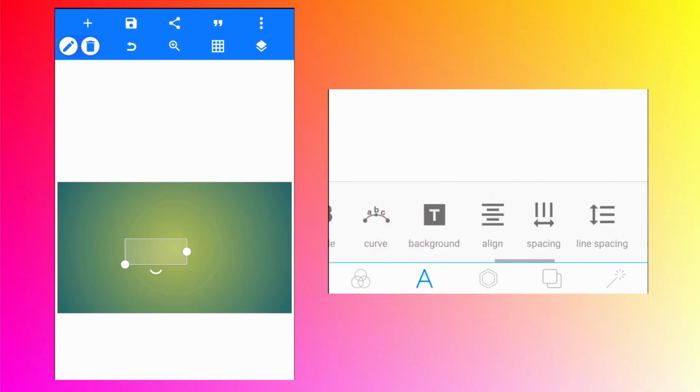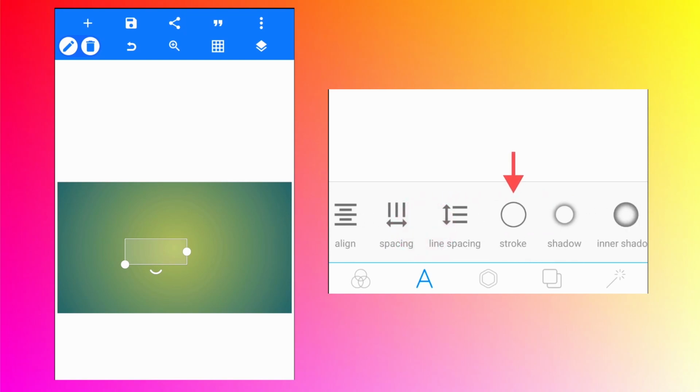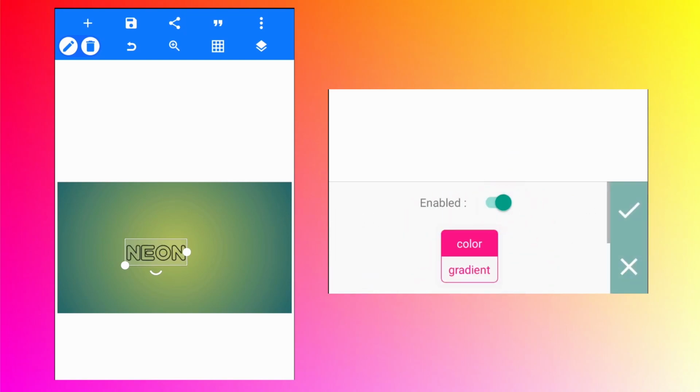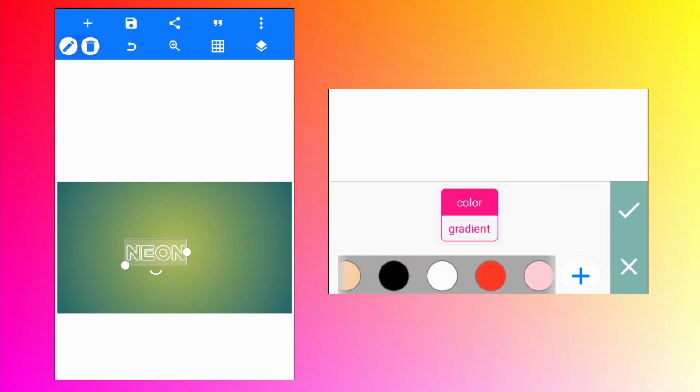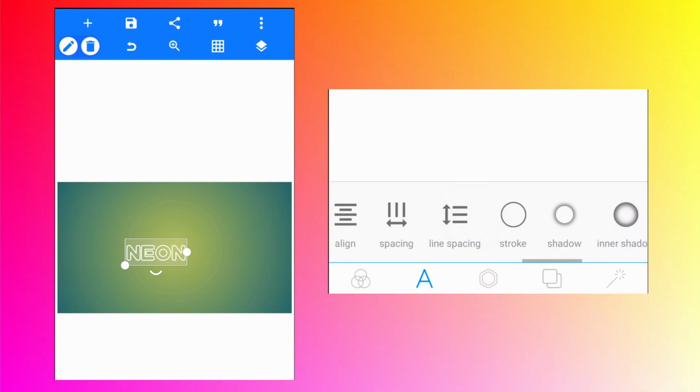Scroll till you see stroke, tap on that and enable it. So as soon as you enable it, you can see now the outline is visible, but we don't want black color, we want white color for it. Click OK. Now let's increase the size,